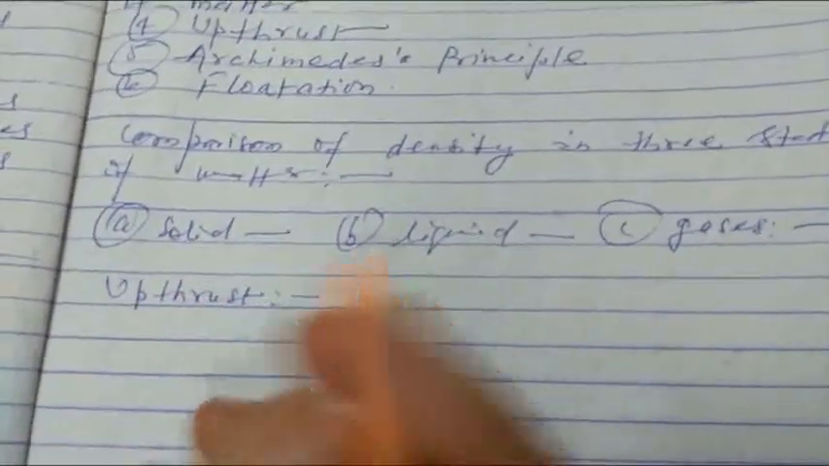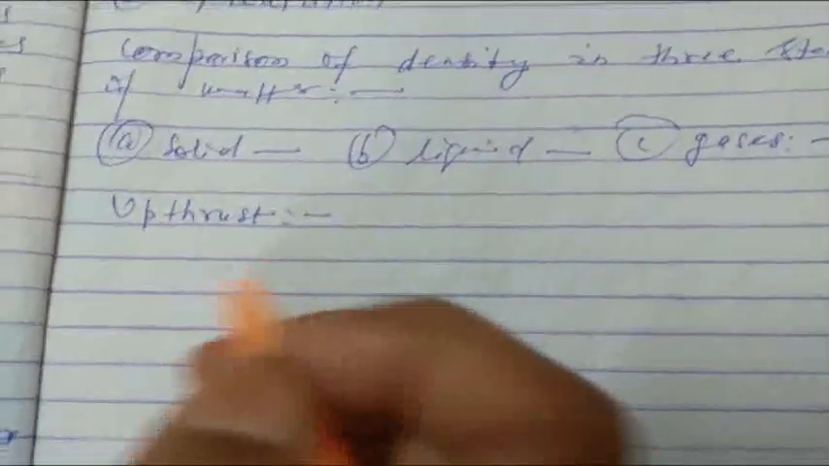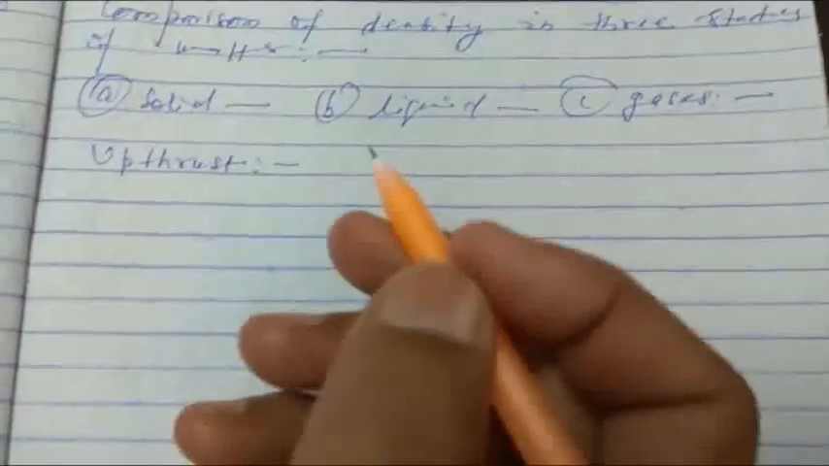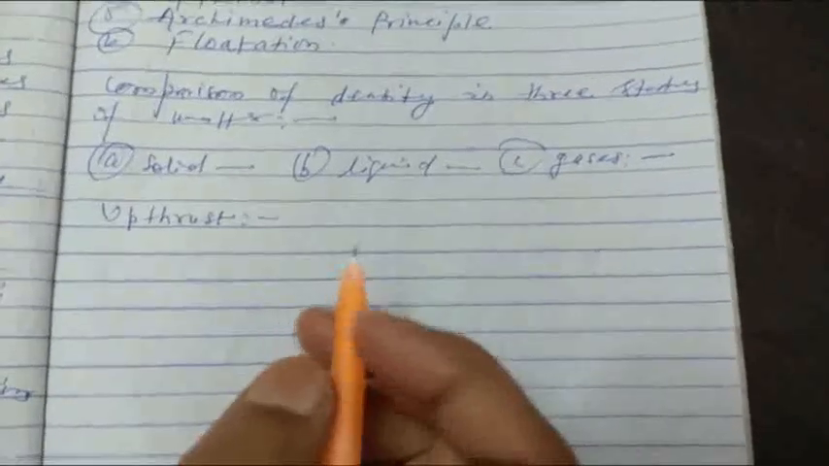You know that liquids exert pressure. If a piece of cork is dropped into the water, it will quickly rise up towards the surface of the water. This is because liquids exert a force on objects immersed in them. So this upward force that liquids exert on objects immersed in them is called upthrust, or you can define it like this: